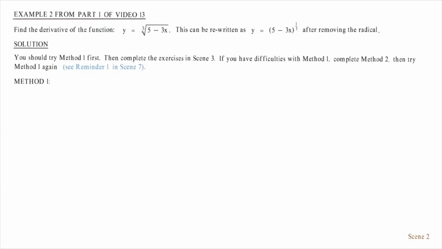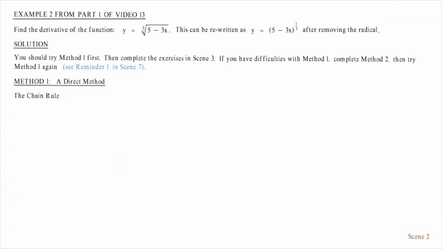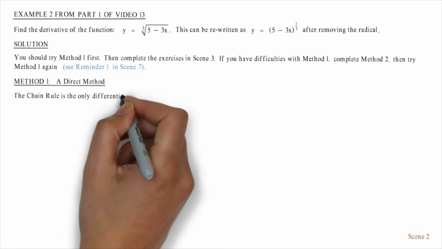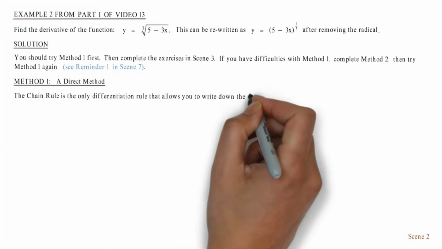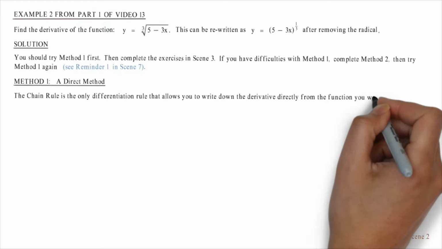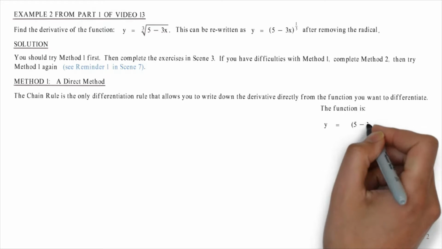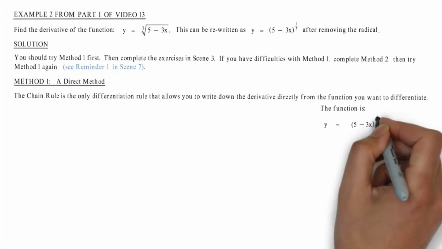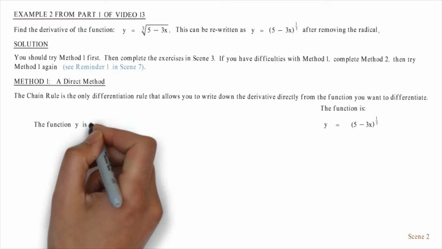Method 1. A direct method. The chain rule is the only differentiation rule that allows you to write down the derivative directly from the function you want to differentiate. The function is y equals (5 minus 3x) to the 1/3. The function y is a bracket